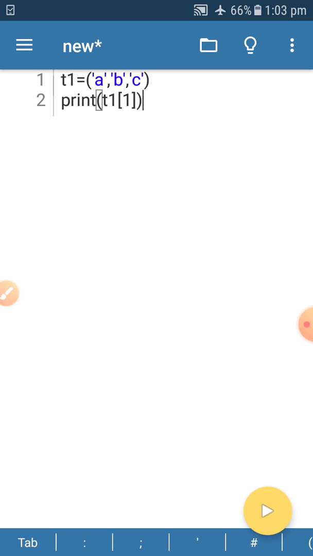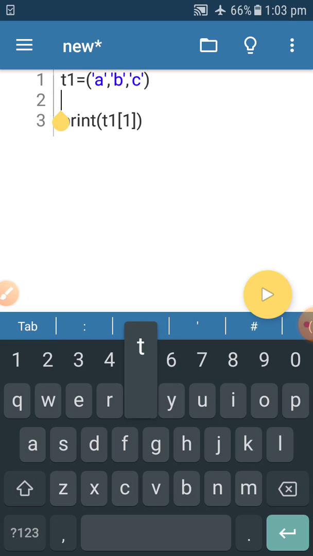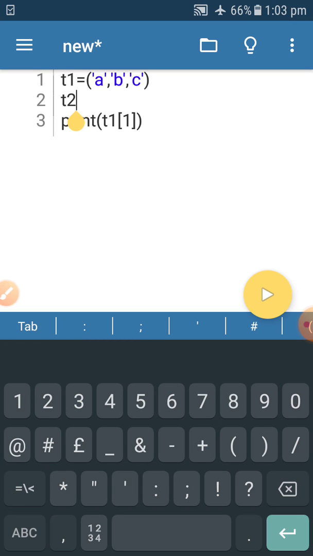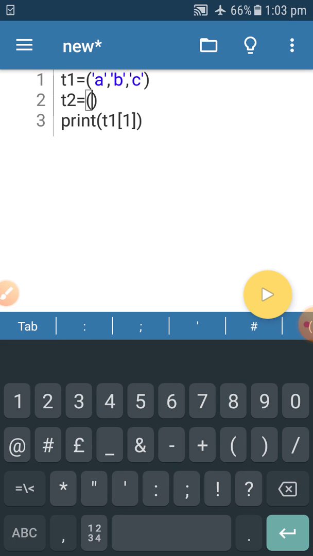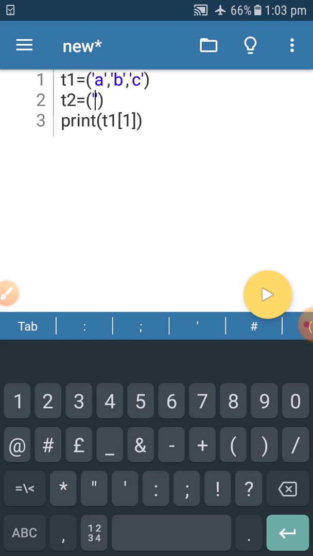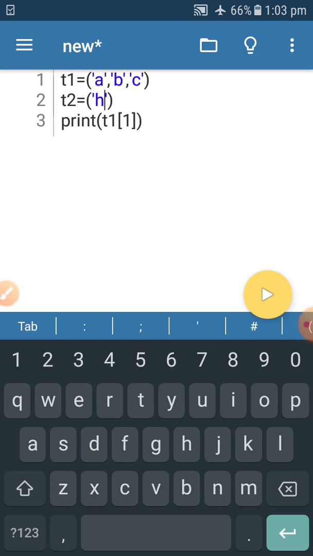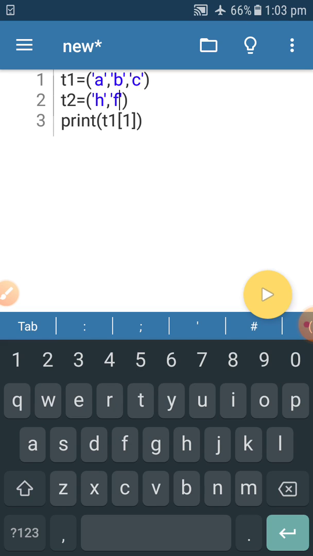Okay. Now let's see one more thing in this. So what can we do? Let's add two tuples. Next tuple, let's create T2 equal to H, F. Okay, so let's add these two tuples.